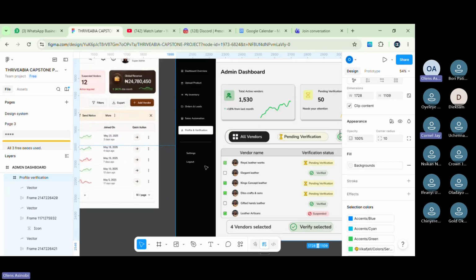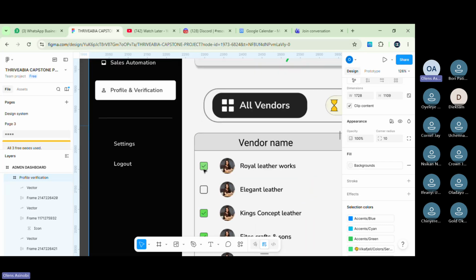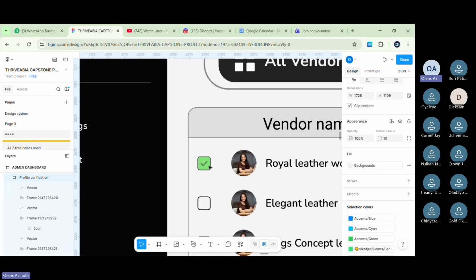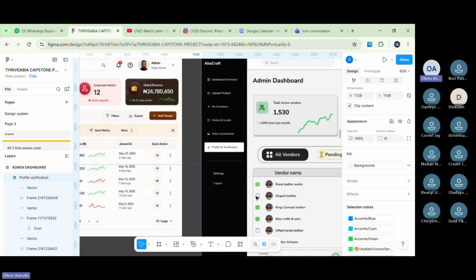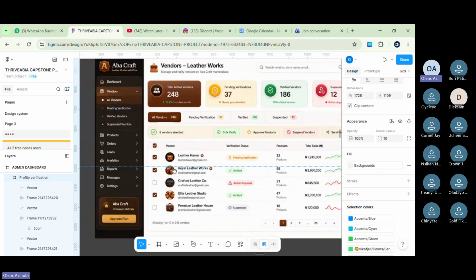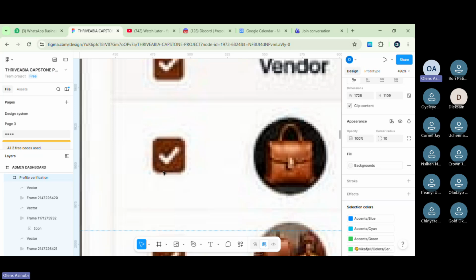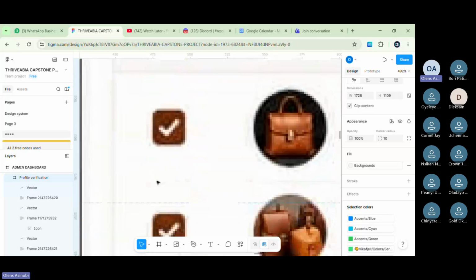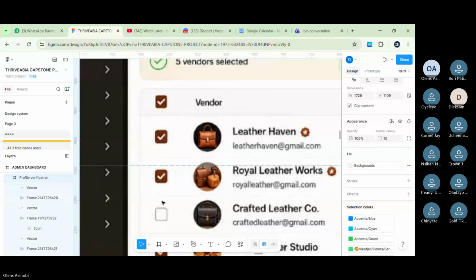Then I've also said something about icons and stroke. When you have a fill like this, you don't need to put stroke again. Stroke can only come in this one that is empty. Instead, follow how they did their own here. You see how the thing is? The check mark doesn't have any stroke. There is no stroke around it. It's only the ones that are not selected that have stroke. Have you seen that?